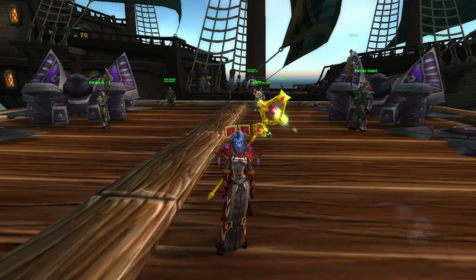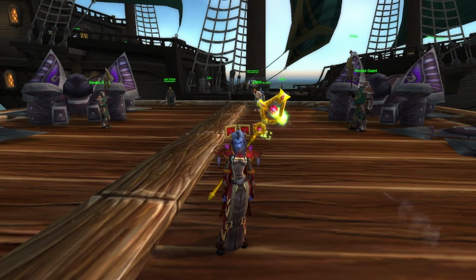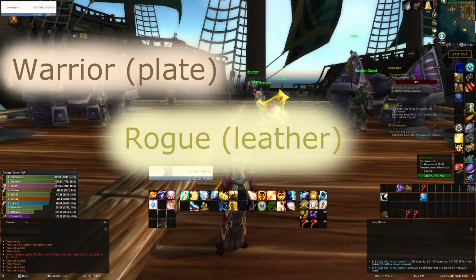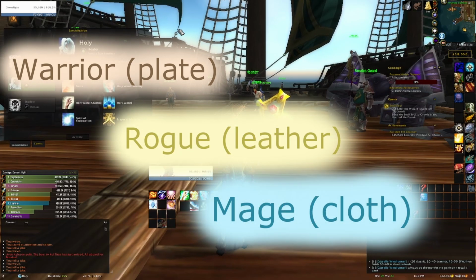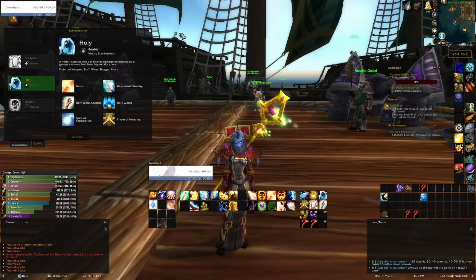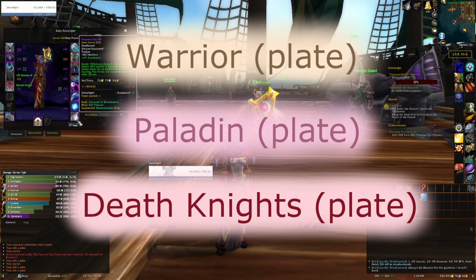Over the last few sessions, we discussed the different classes in the game by the type of armor that class is expected to wear. For example, warriors wear plate, rogues wear leather, and mages wear cloth. The reason we classify them this way is that it is a cascading restriction. That means that warriors are able to wear any type of armor, but it is most beneficial for them to